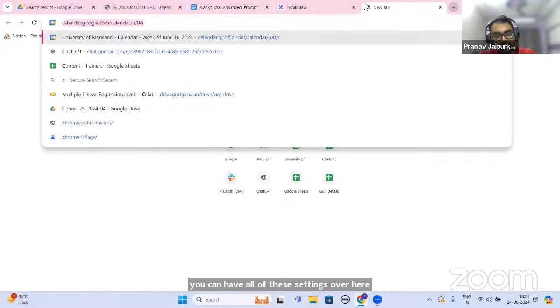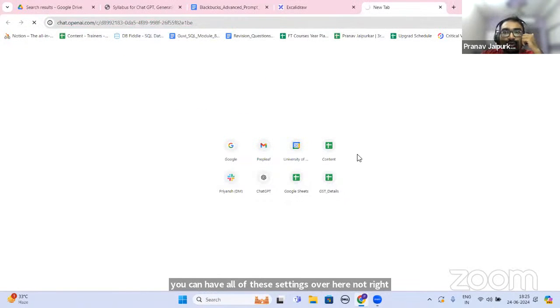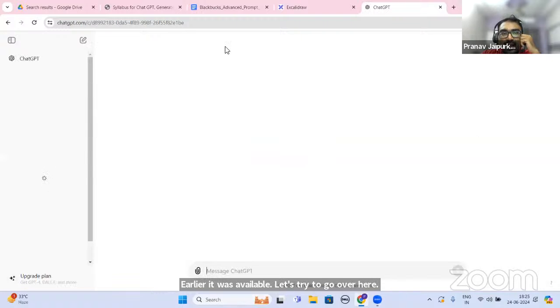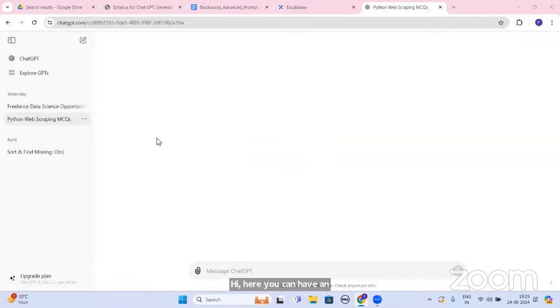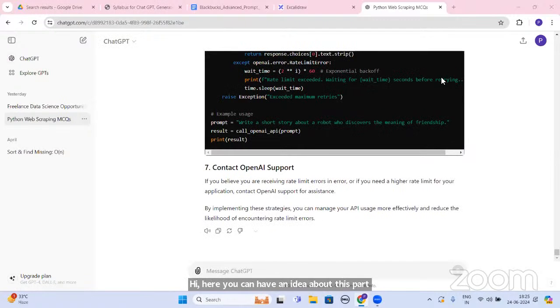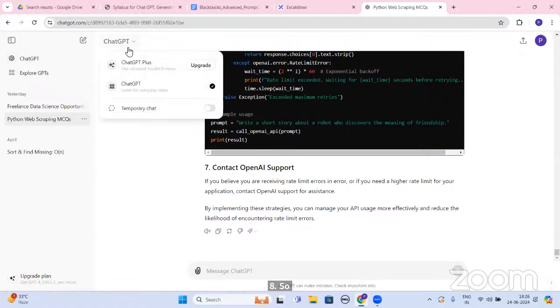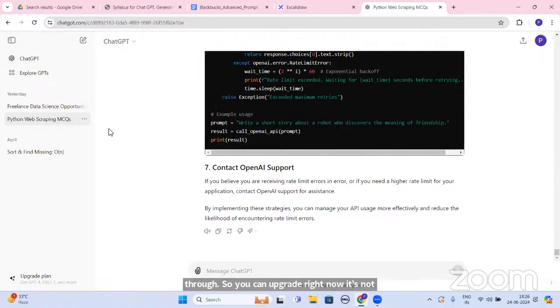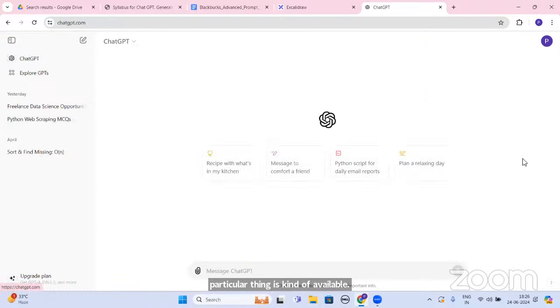Not right now, earlier it was available. Let's try to go over here, and here you can have an idea about this part, right? So basically, this is something that you need to go through. So you can upgrade. Right now, it's not available in the free version. In the paid version, that particular thing is available, right? You can click on this particular part, but still that's not available in the free version. In the paid version, it's available,